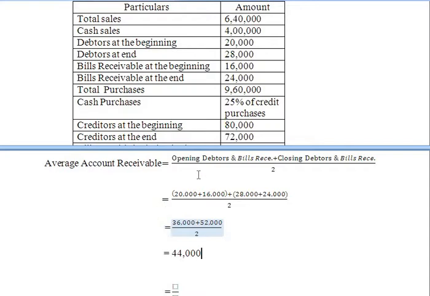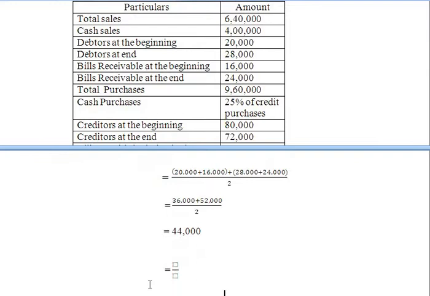How have we calculated this? Opening debtors and opening bills receivable plus closing debtors and closing bills receivable divided by 2. It is 44,000. Now next line, write, therefore we got the amount of credit sales as well as average accounts receivable. Now put both these amounts into the formula. What is the formula? Credit sales divided by average accounts receivable. So therefore debtors turnover ratio is equal to,